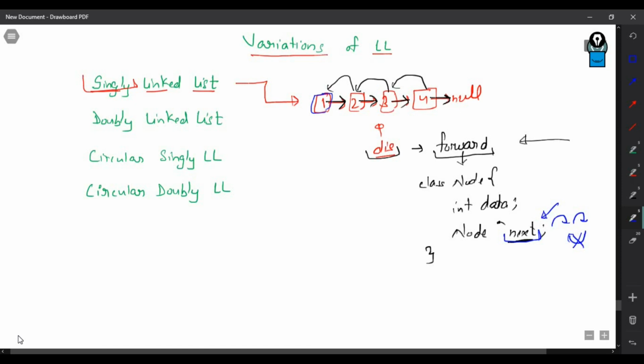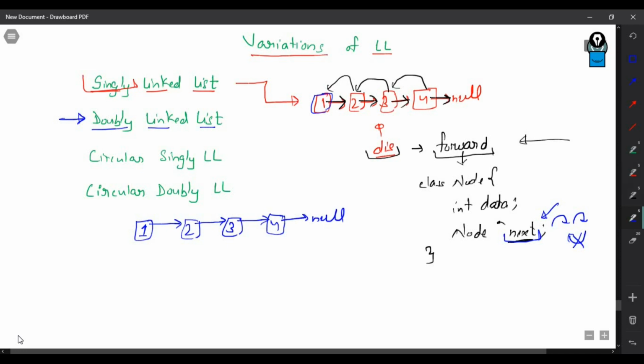To solve this problem, we have doubly linked list. Now what is a doubly linked list? A doubly linked list is very similar to the singly linked list. So you have these nodes 1, 2, 3, 4. If you have a singly linked list, you will have pointers like this: 1 will point to 2, 2 will point to 3, 3 will point to 4 and 4 will point to null.